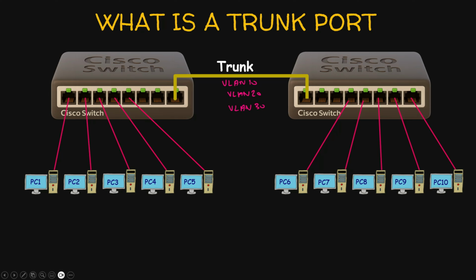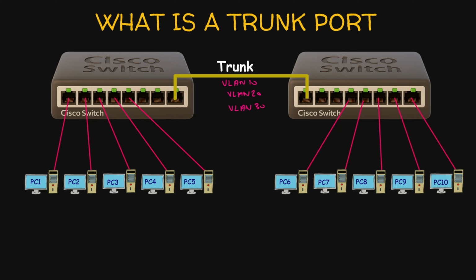So in this situation, how does the switch understand which traffic is going to which VLAN? The answer is by using VLAN tagging. By using the VLAN tagging process, each traffic is tagged with a specific VLAN. What is the source VLAN and what is the destination VLAN? So the switch can easily understand which VLAN the incoming traffic is going to and it can send that traffic to